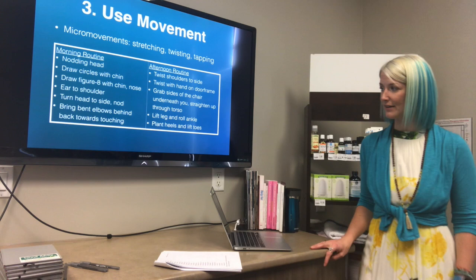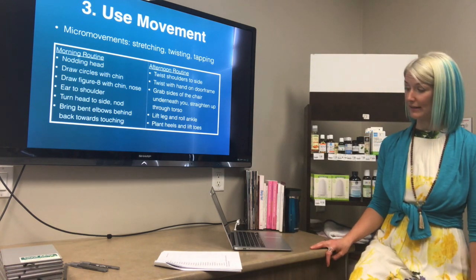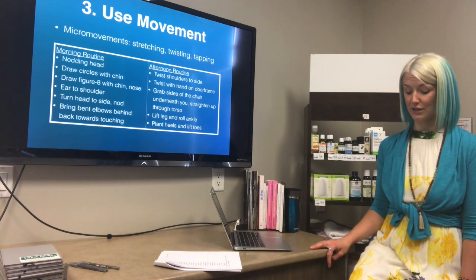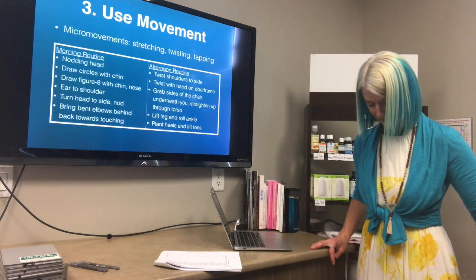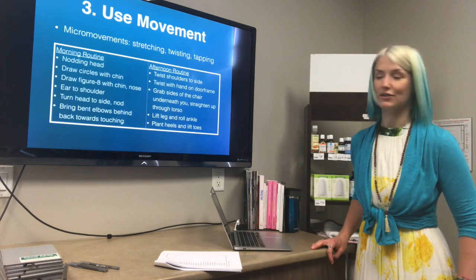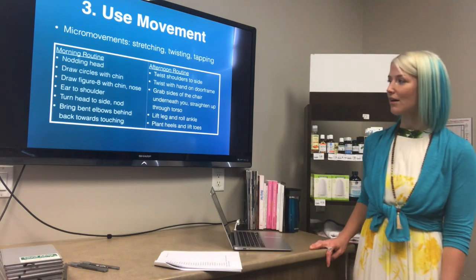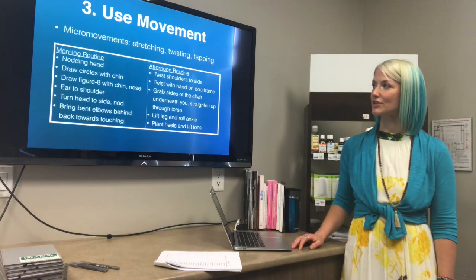If you're sitting down, lift the leg and roll the ankle, one direction and the other direction. And if you're standing, you plant the heels and then you lift your toes a few times, right? So these are all just a couple minutes each.